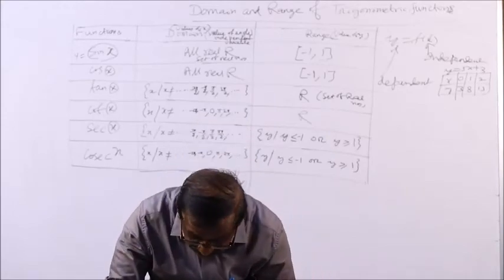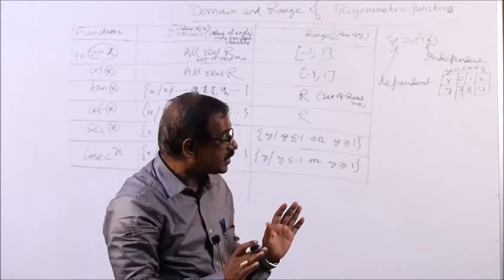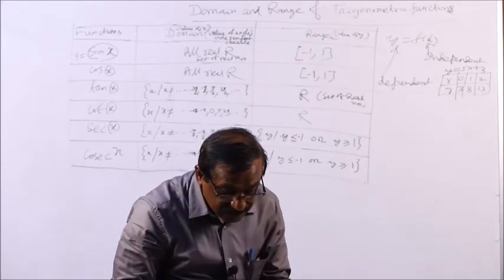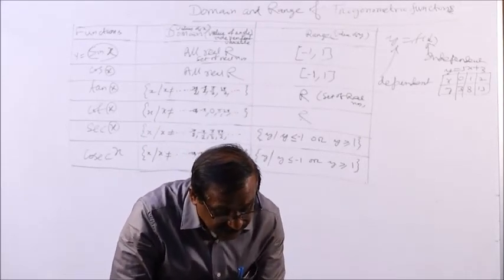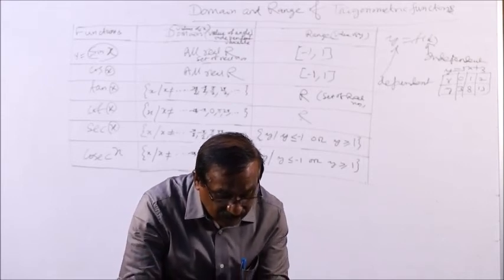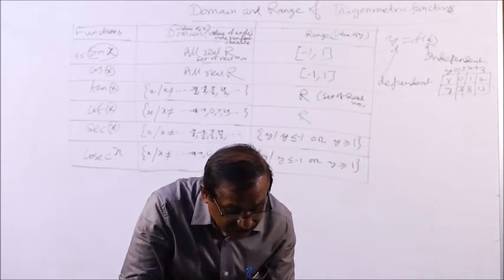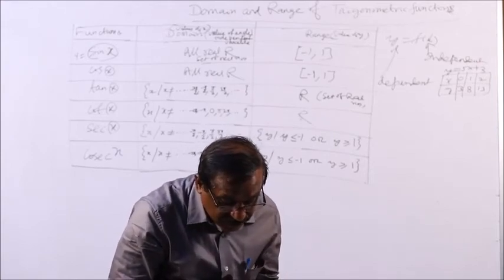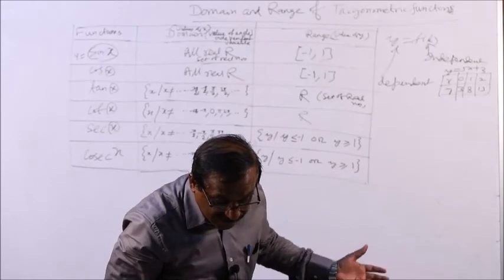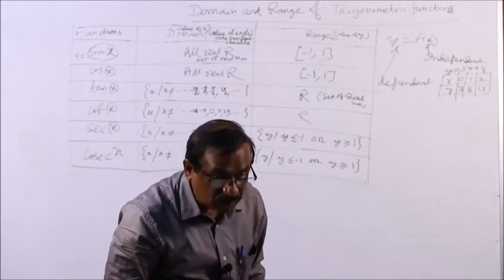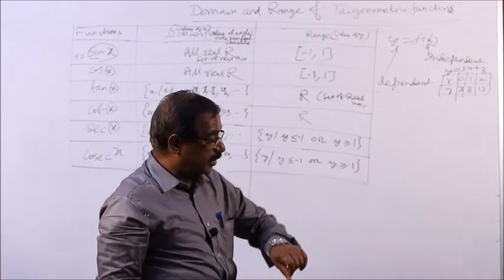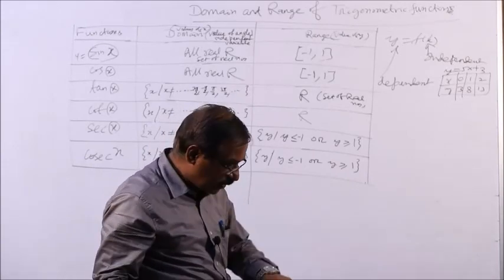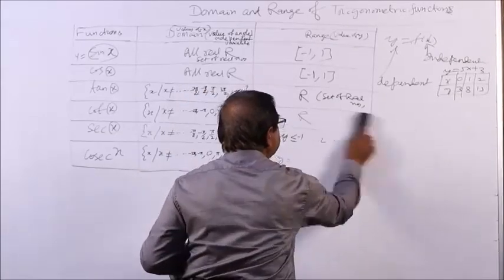Just 2 minutes left. Now, we have discussed trigonometric angle measurement, degrees and radians conversion of one into another, and trigonometric values, that is proofs of identities, signs of trigonometric functions, the ASTC rule, domain and range of trigonometric functions, and we will just read their graphs. I hope you have some idea about graphs. In 1 or 2 minutes, I will show you the graph.